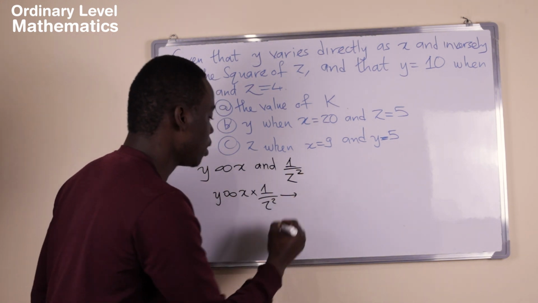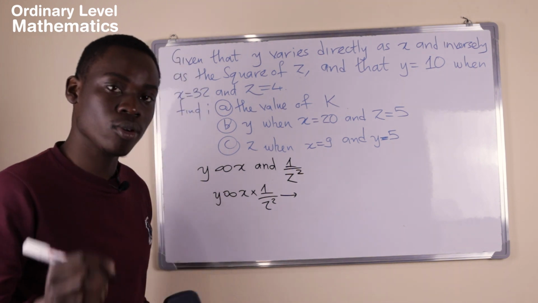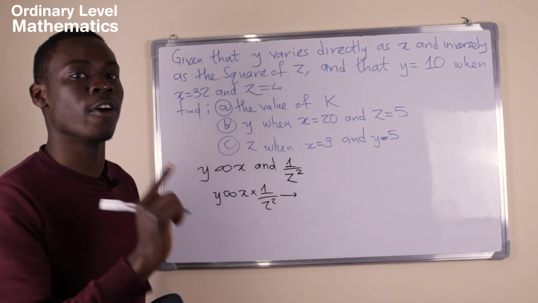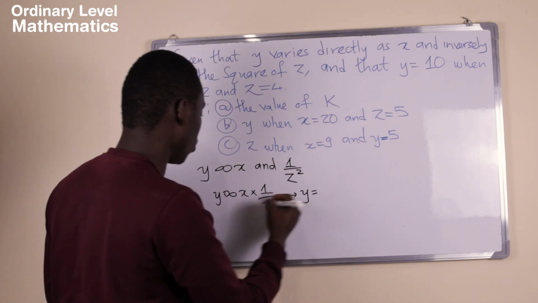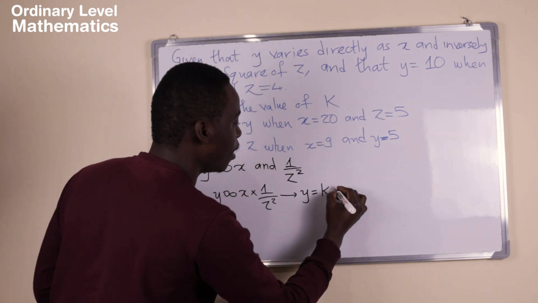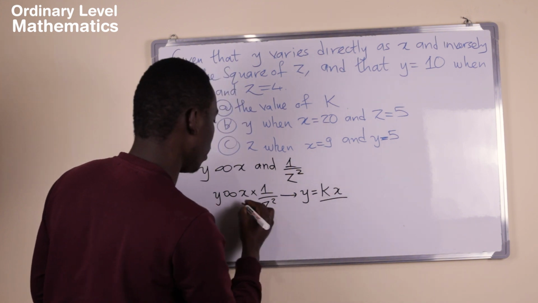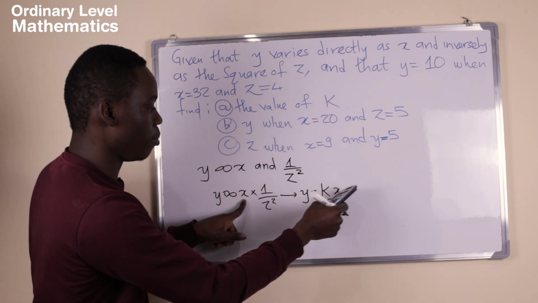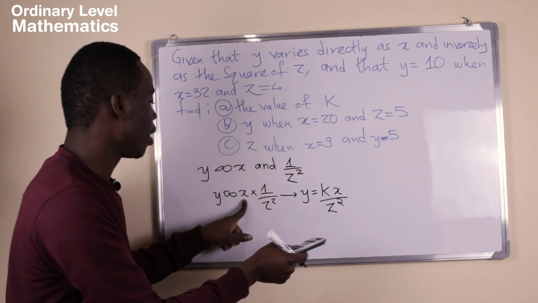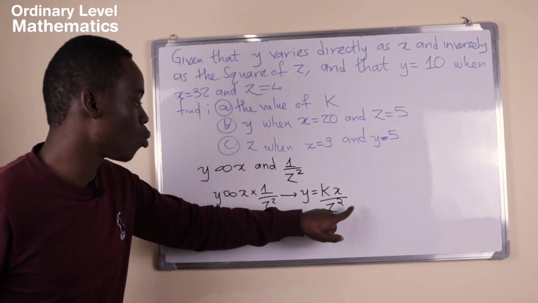We get rid of it by putting an equal sign and the constant variation. Hence this will be y is equal to kx over z squared. Remember, this is our x here because it varies directly, and this is our z squared